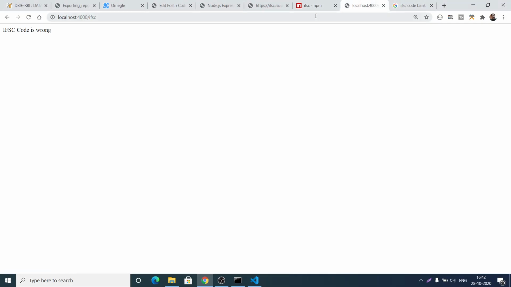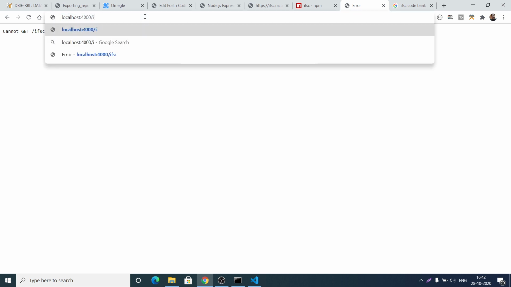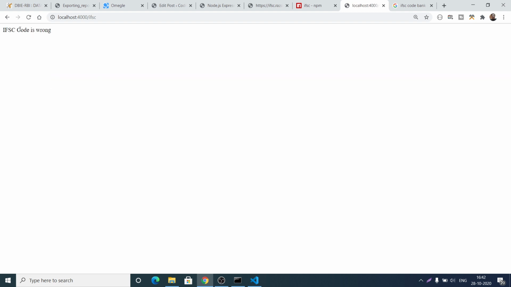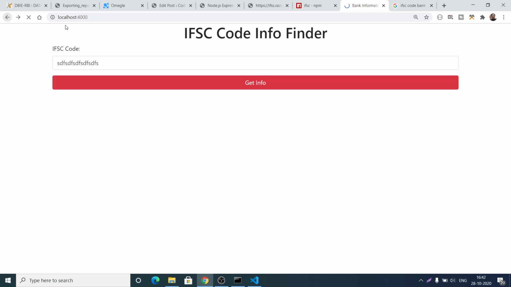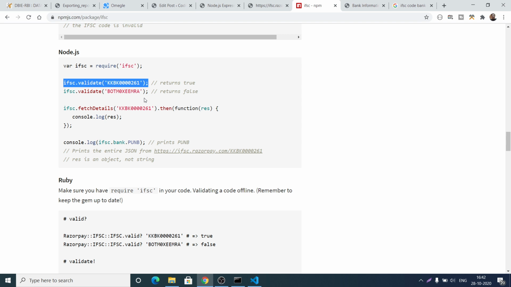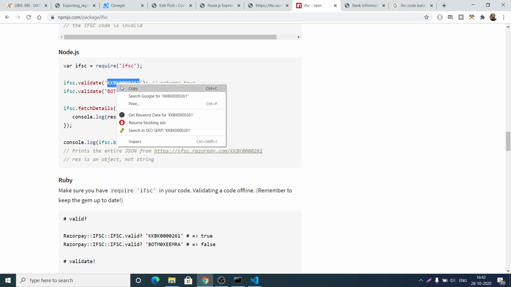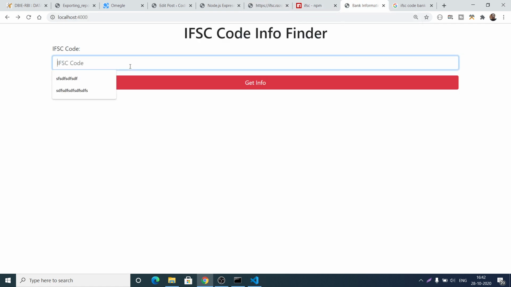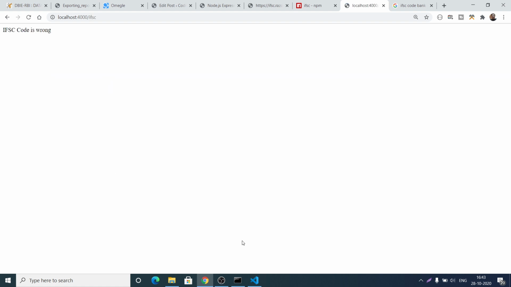If I refresh the application, and now if I send out a wrong IFSC code, click on get info, you will see IFSC code is wrong. So now we need to enter a correct IFSC code. So we can just copy this correct IFSC code and paste it here. So this is a correct IFSC code. If I click get info,